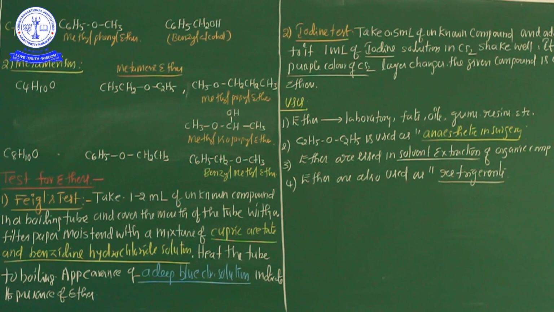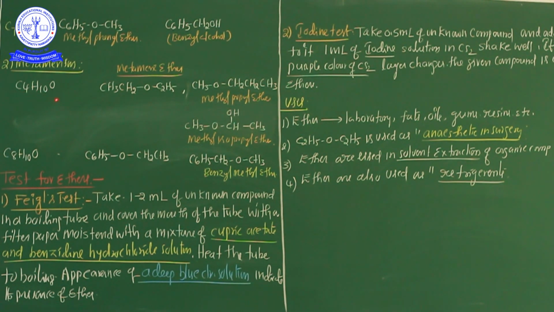The second one is metamerism. You know what metamerism is. When two or more ethers having the same molecular formula possess different alkyl groups on the two sides of the ethereal oxygen, the phenomenon is called metamerism, and such ethers are termed metamers. So ethers show not only functional isomerism but also metamerism.